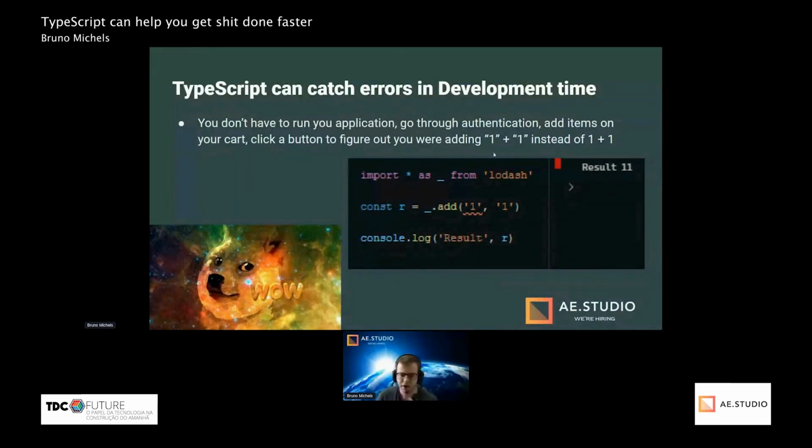So let's say I was adding 1 plus 1, but as strings rather than numbers. When you try to add 2 strings in JavaScript, it concatenates the strings. So the result of adding 1 plus 1 is 11. But what you actually want in this case is 2.